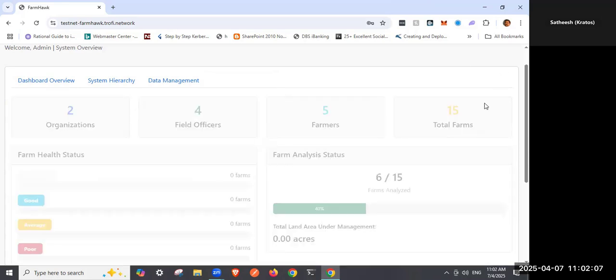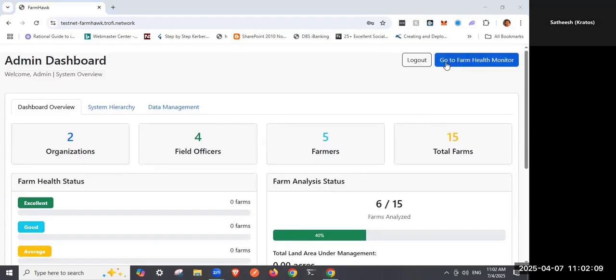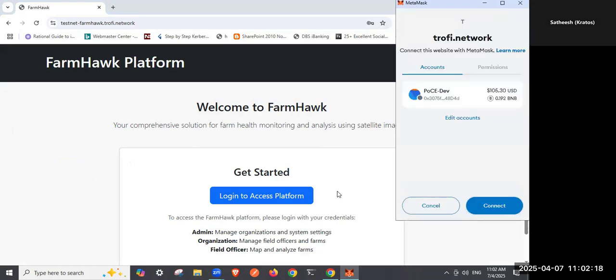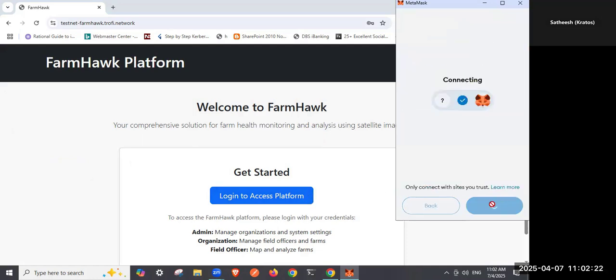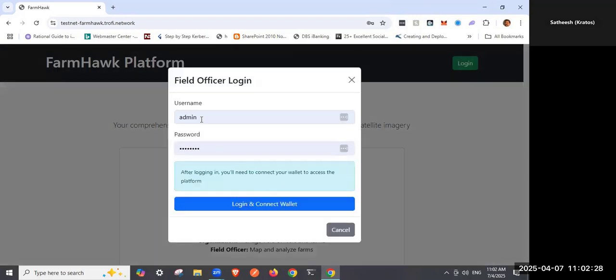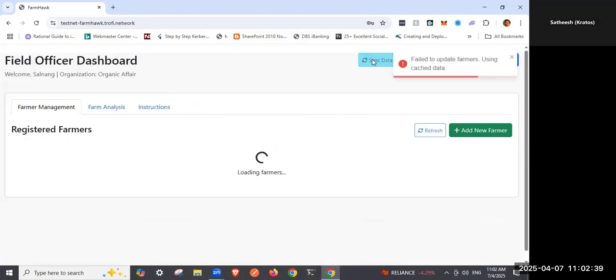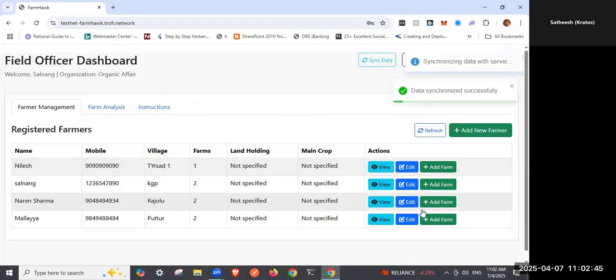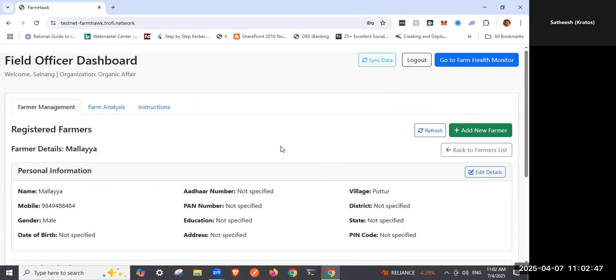So let's log out and then log in as a field officer. It's logging in as, say, Salong. Please note that this is a testnet, so we're not putting too many conditions on the passwords and other things. What he has done, Mr. Salong, is that he has added a couple of formats here. If you look at Mr. Malaya,